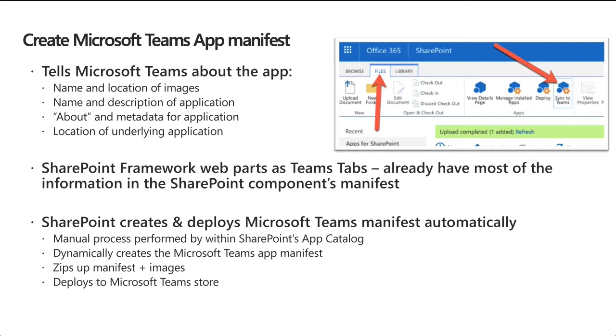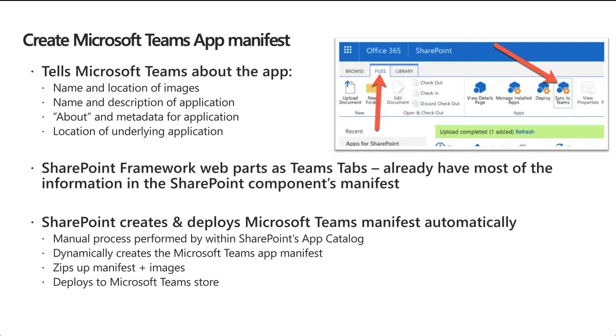Now the nice thing about this is that once you've deployed your SharePoint Framework component to the app catalog in SharePoint, you're going to have this button that's going to show up in the ribbon that says Sync to Teams. And if your component has been flagged as a component that can be deployed as a Teams tab, when you click this button for Sync to Teams, when you have the SharePoint Framework or SharePoint package selected,